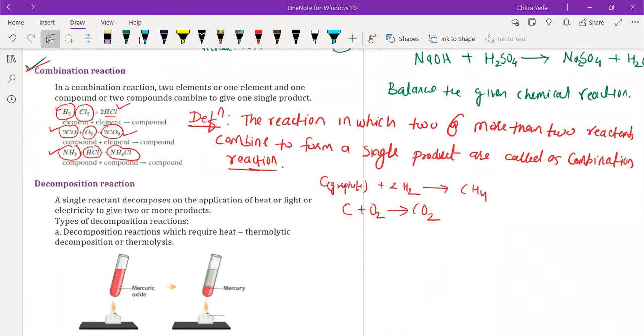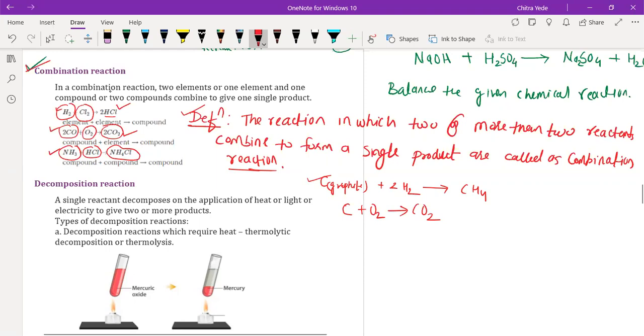Done? Okay, we'll continue now. Then we have the next reaction. See, 1, 2, 3, and here we have written 2. We had discussed 5 examples. So whenever this question comes in the examination, you have to write the definition, and in the example you have to write at least 1 or 2 reactions.